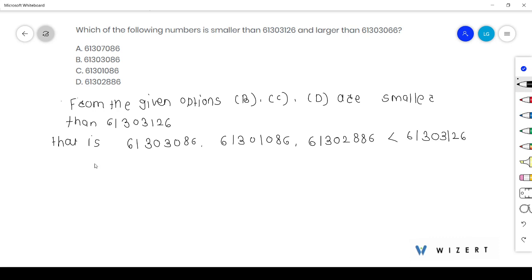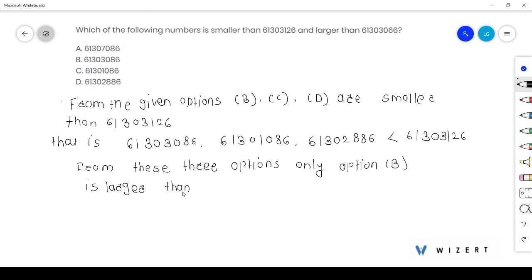So we have a choice within these three options only for the larger than 61,300,3,066. Now, from these three options, only option B, we can observe here, only option B is larger than 61,300,3,066. That is,